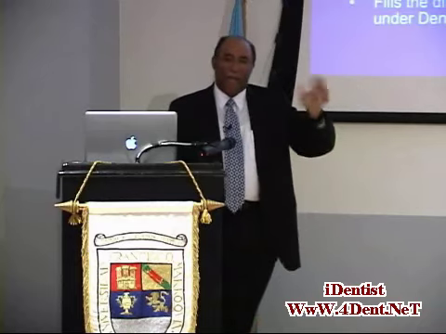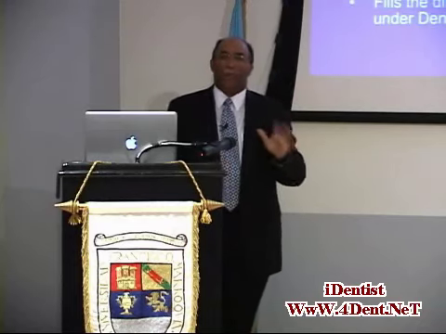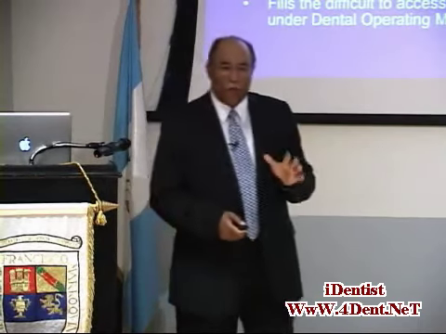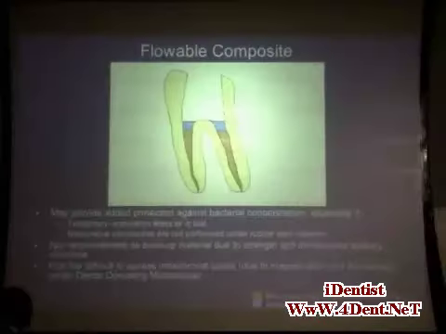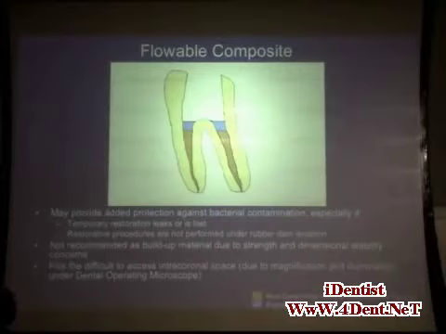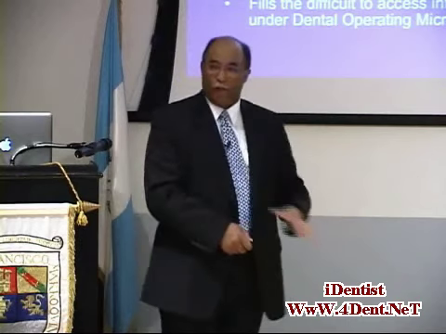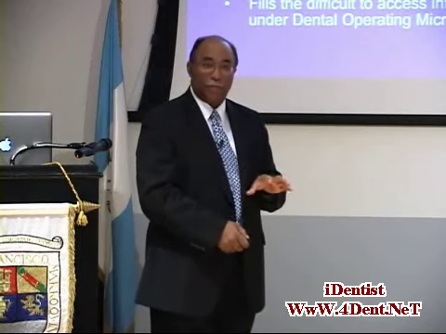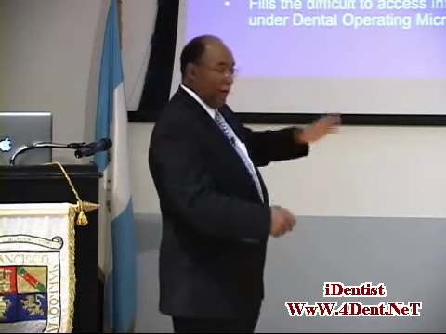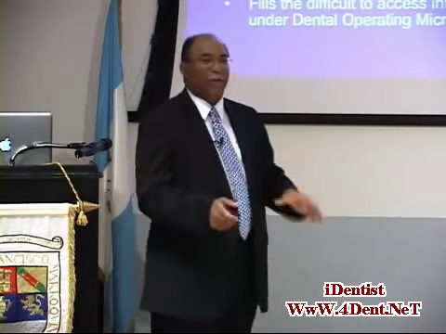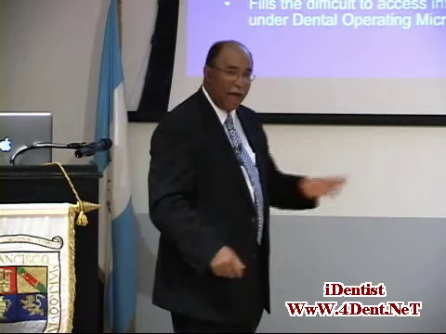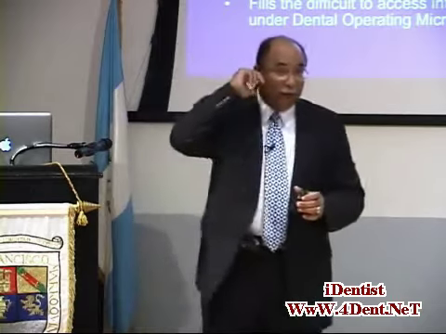Now, this is not a situation, please don't get me wrong. Look very carefully. You see the blue here? The blue indicates the placement of the flowable composite. We are intentionally not trying to place this flowable composite all over the floor of the chamber. Intentionally not. We want it to look just like this. And even more so, very critically, we don't want to use flowable composite to fill up the entire chamber. Why?